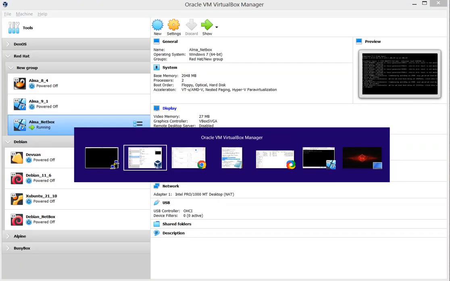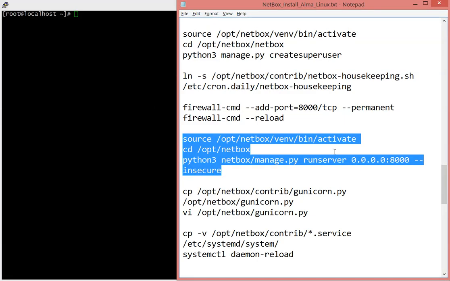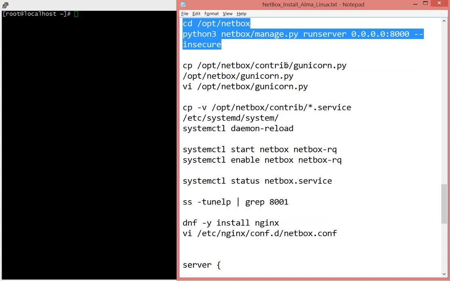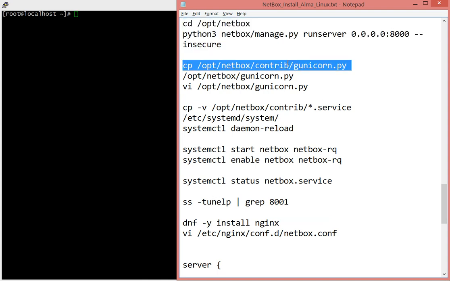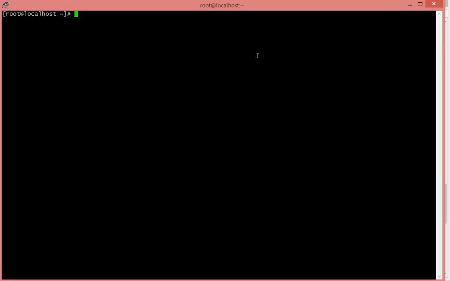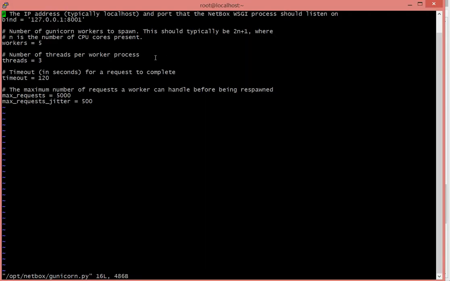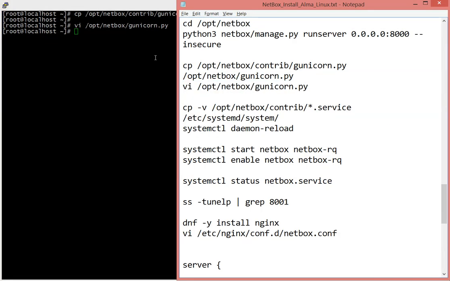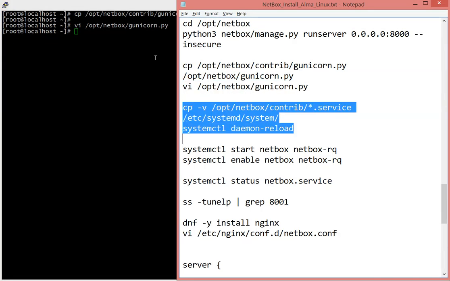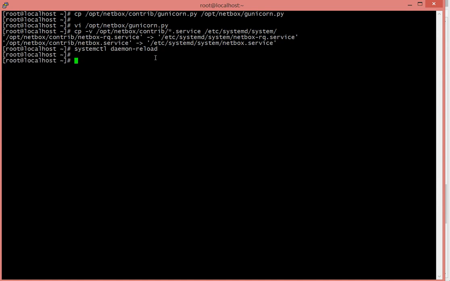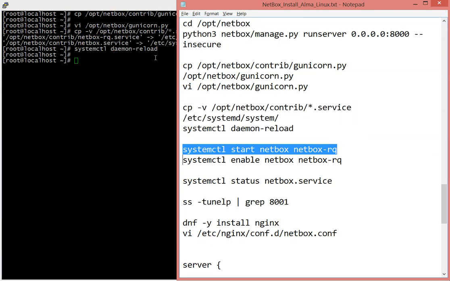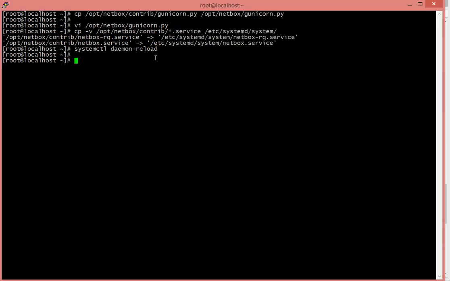So now that we see that it works, let's go ahead and put a proxy, which is Unicorn. If you want, you can actually do VI or cat into that. There's not really much to it. It just works. You can copy the configuration files and do a systemctl daemon-reload. In that case, you can start the Netbox service, restart it, and you can see the status of the service,